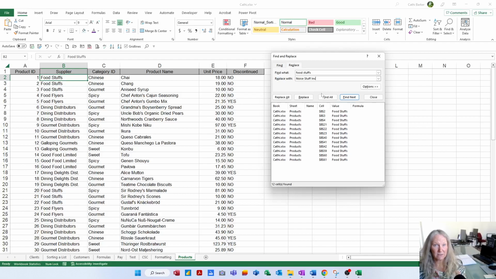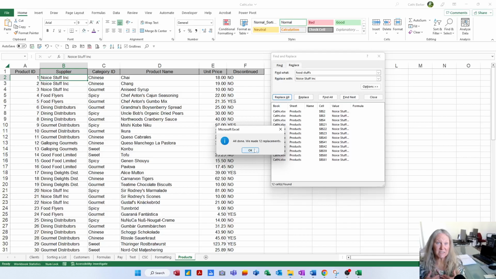Noise Stuff Inc. NSI. And so I'm going to find Foodstuffs and replace it with Noise Stuff Inc. And that's where I would use capitals, because it is going to replace it exactly how you type it. Now I could replace every instance individually with this replace button, but I'm going to replace all. So if I choose replace all, I can see 12 replacements were made, which makes me happy, because if it